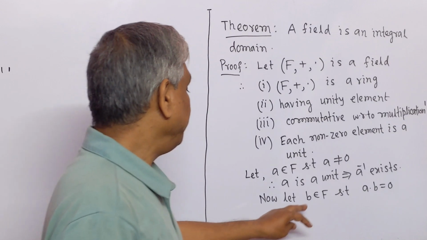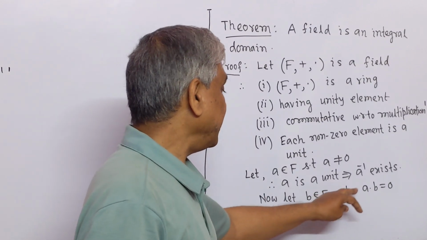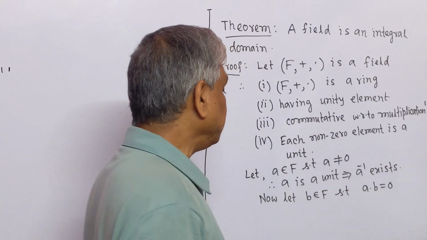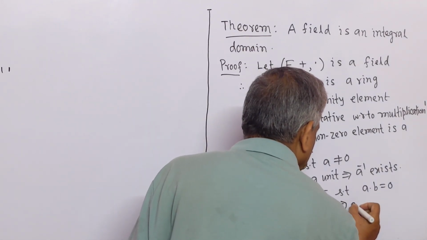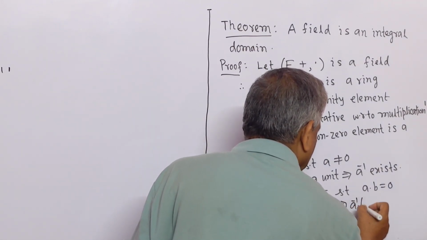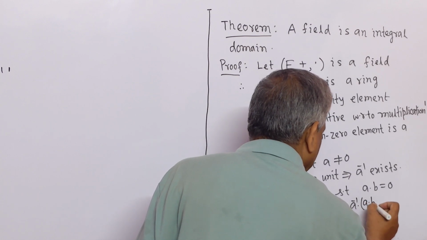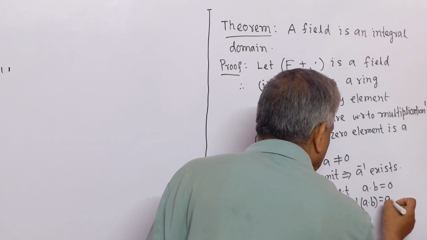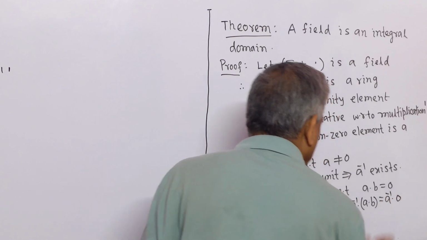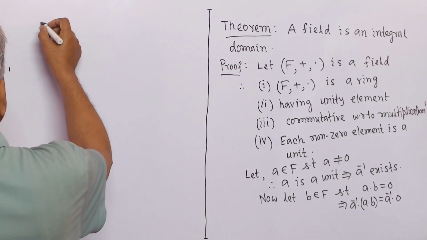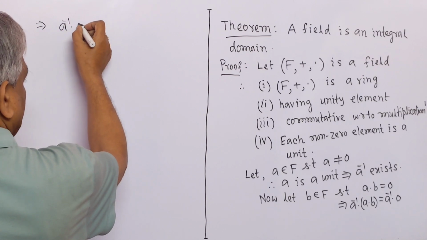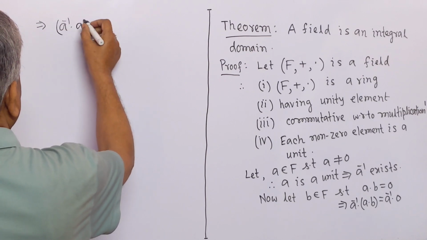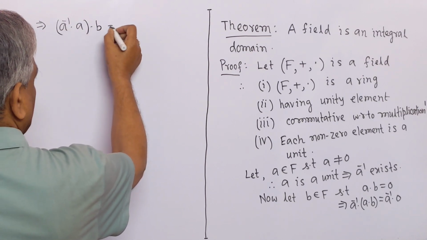Let b belong to F such that a multiply b equal to 0, implies that a inverse multiply a multiply b equal to a inverse multiply 0, implies that a inverse multiply a multiply b equal to 0,